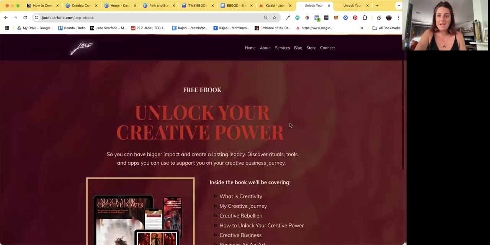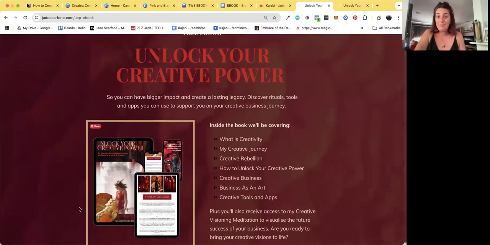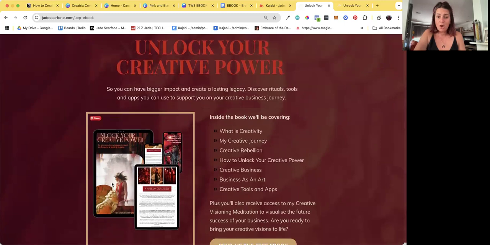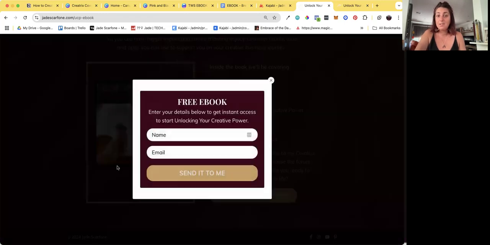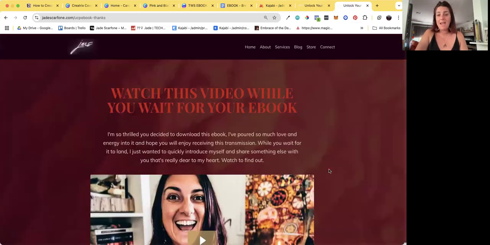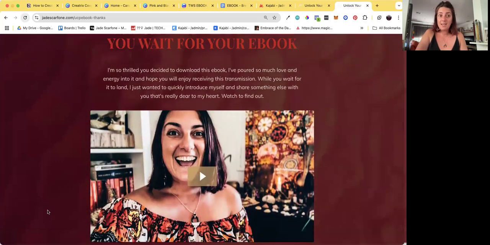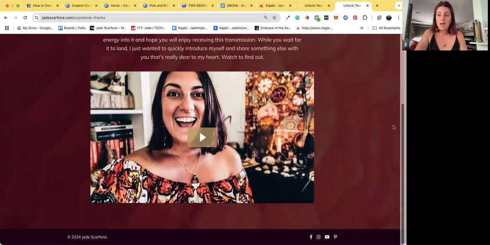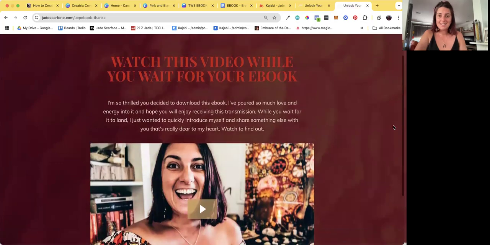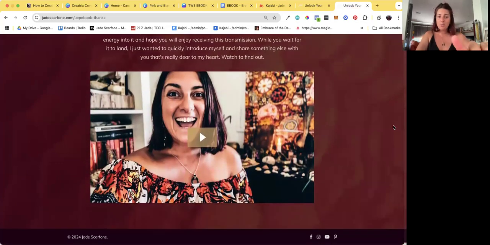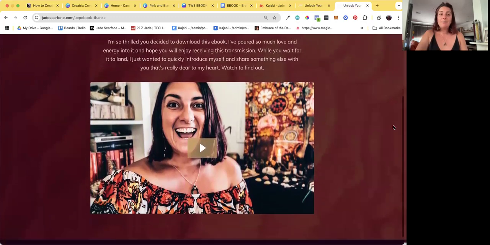You just need the one page section, have the mock-up there, and then have the button that goes to the form. And so when they enter their name and email, then it goes to a thank you page. And this is where it's your opportunity, before they even get to your inbox, to invite them to take the next action. So you'll see when it first lands on this page, there's no buttons under the video